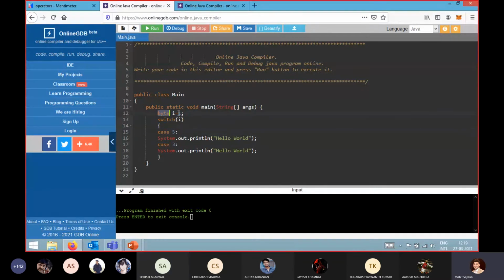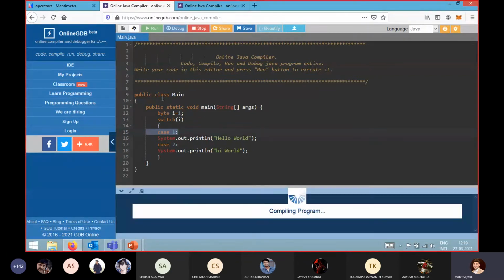Now I just want to show you one more expression. Let's execute with case number 1, where i equals 1. This is my case 1, this is my case 2, and let's assume here it is my hello world Java program. It is valid in Java because I have used the byte data type over there, and I am passing this expression, with case 1 and case 2.